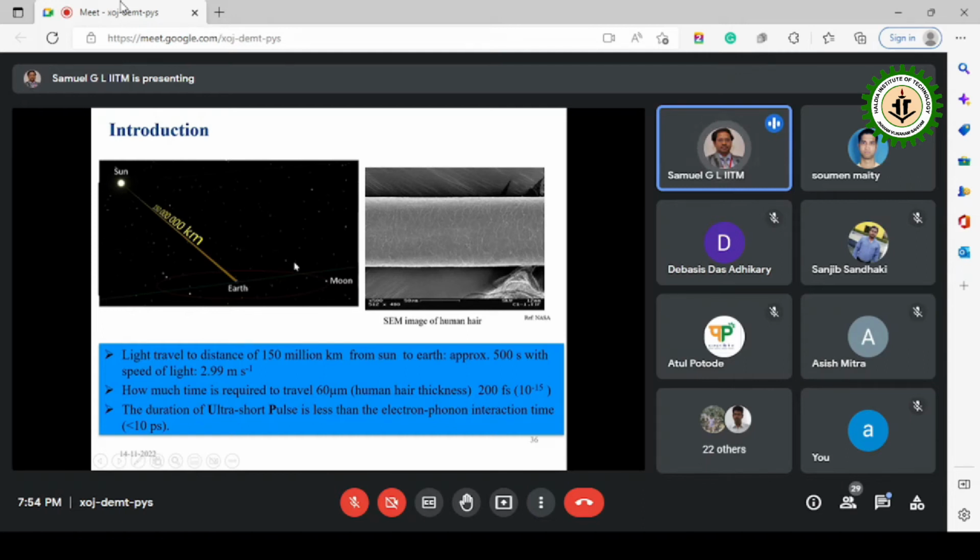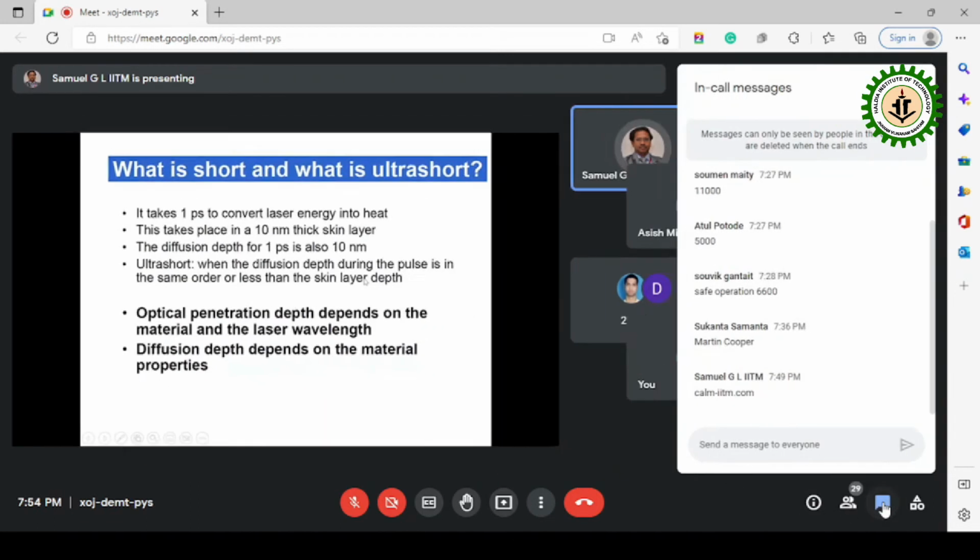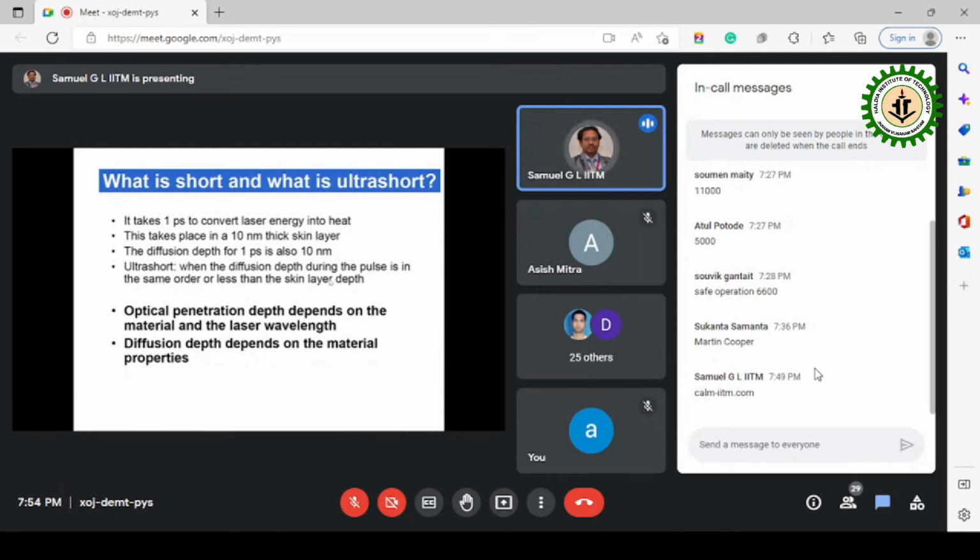15 crores kilometers. So that is the distance between the sun and the earth, and it can go and come back in a few seconds. So when that is the speed, the time which is required to cross this hair, that is a femtosecond. Thus, when you put a pulse of the laser in that short period, actually several things happen.